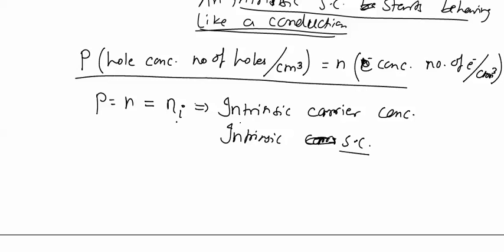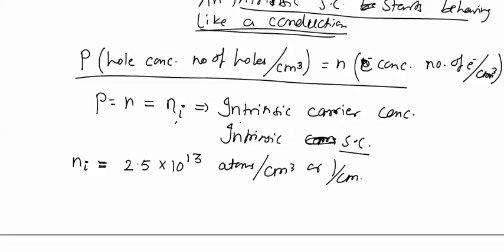It is called Ni. The intrinsic carrier concentration has a value equal to around 2.5 into 10 raised to power 13, and its unit is written as atoms per centimeter cube, or simply per centimeter cube,